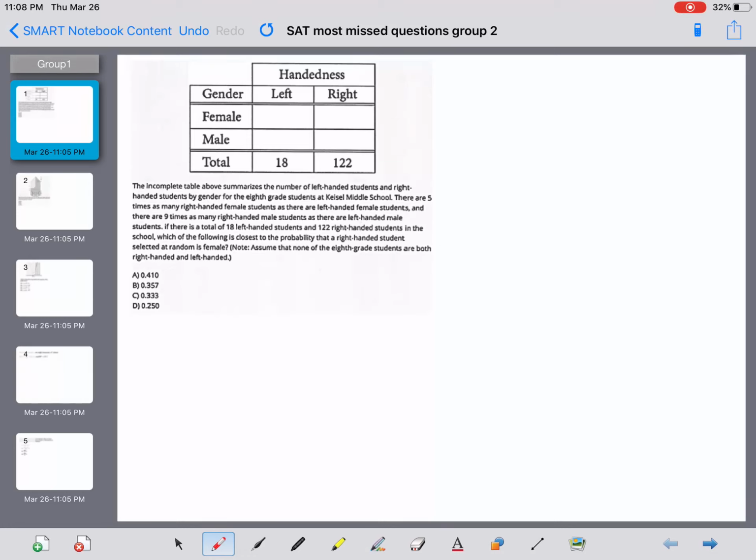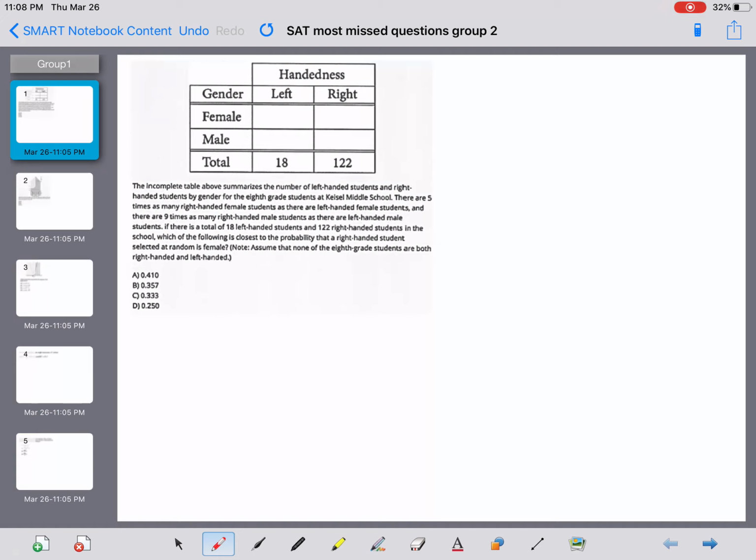Let's go now to the SAT Most Missed Questions. This is my second group. I'm about the sixth one down, and it starts with a chart. And you'll notice here that one of the SAT's tricks is to try to intimidate you by giving you a chart. When you start to read this story problem with all these words as well, they're hoping people will just